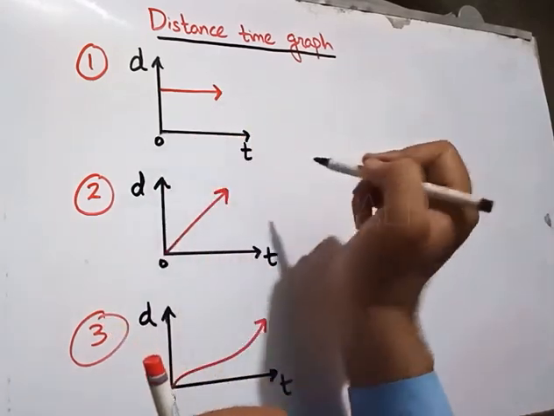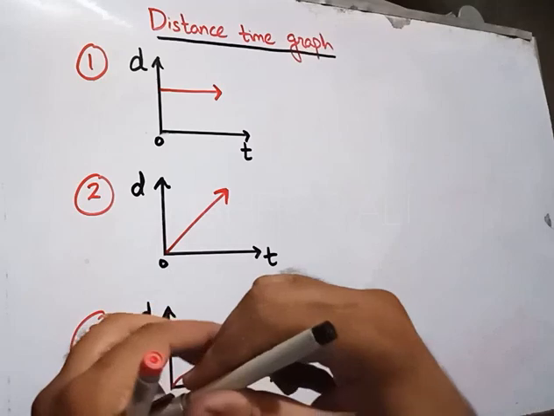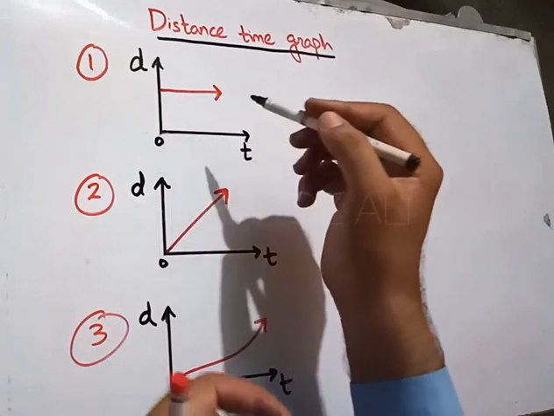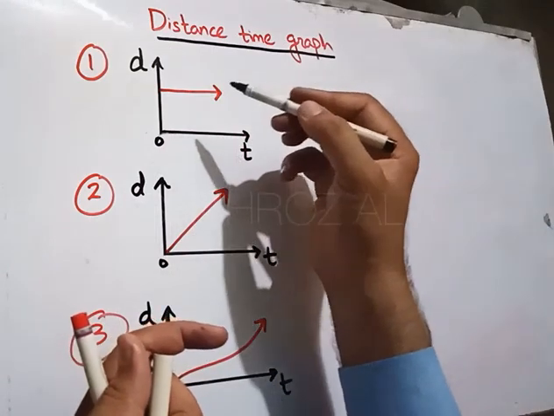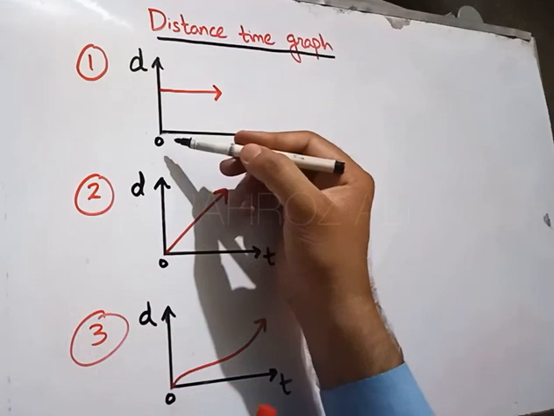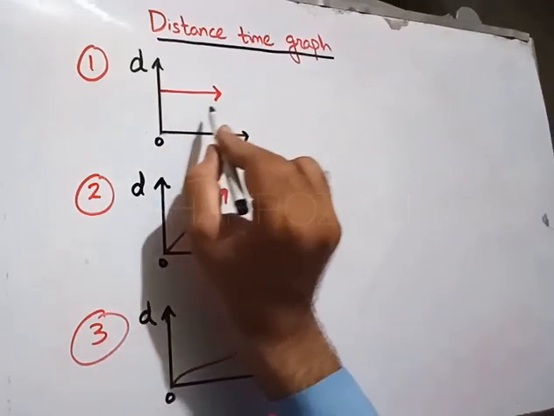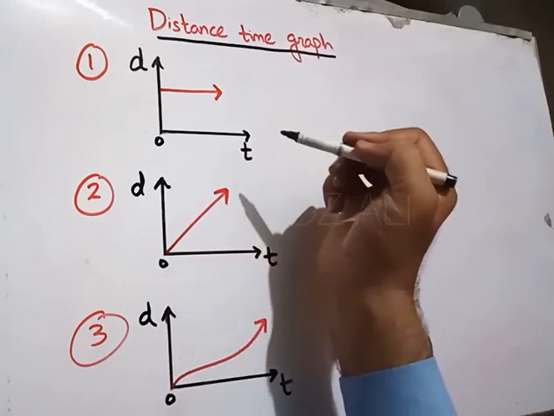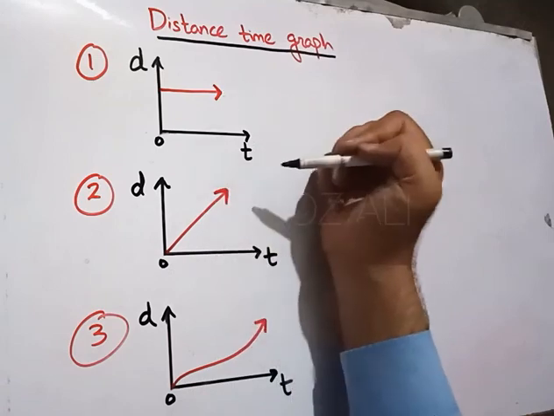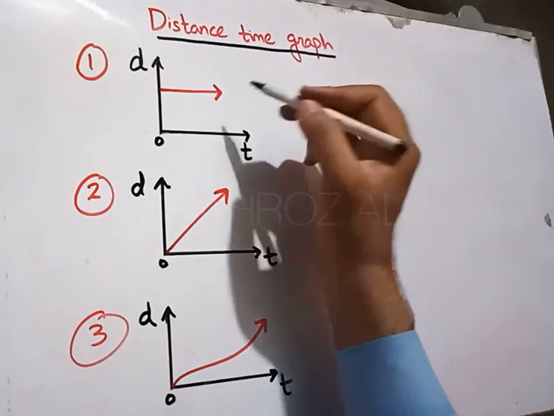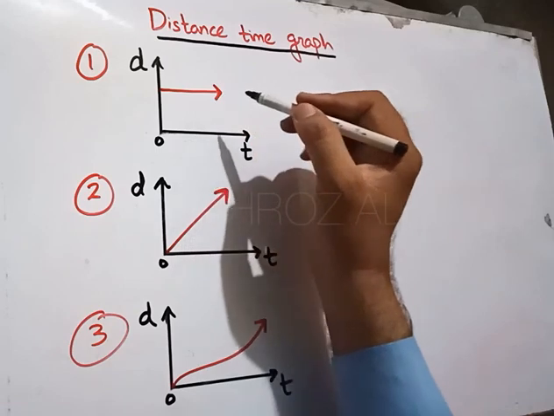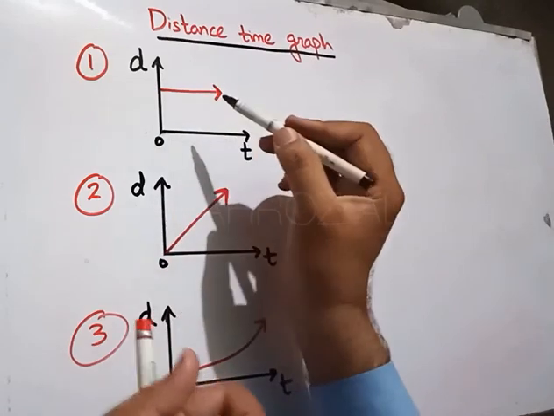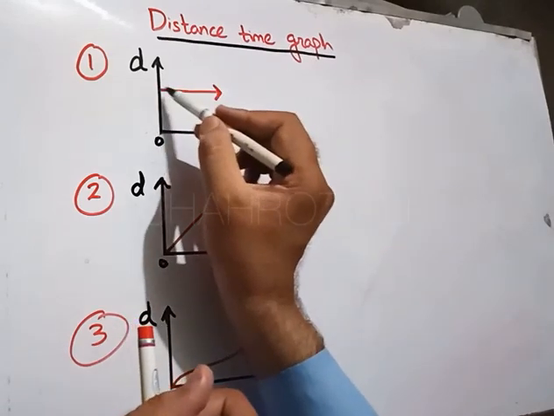It is a straight line parallel to the x-axis. The x-axis and y-axis are two perpendicular lines that intersect at the origin. So this is the parallel, horizontal line along the x-axis. What does it tell? It is telling us the body is not moving, the body is not covering distance. So it is still, because if the body covered distance, then the distance would increase on the y-axis, but it is not increasing, which shows the distance is constant at this point.